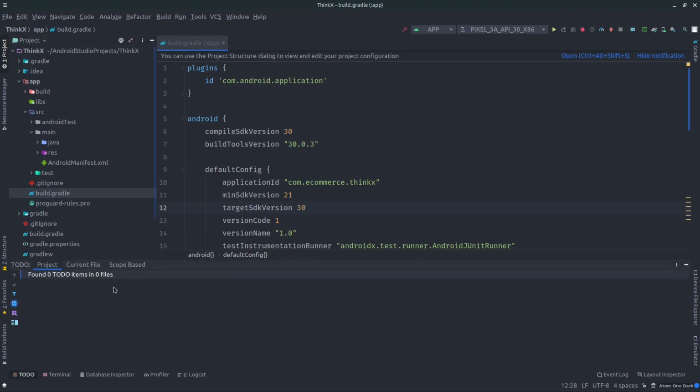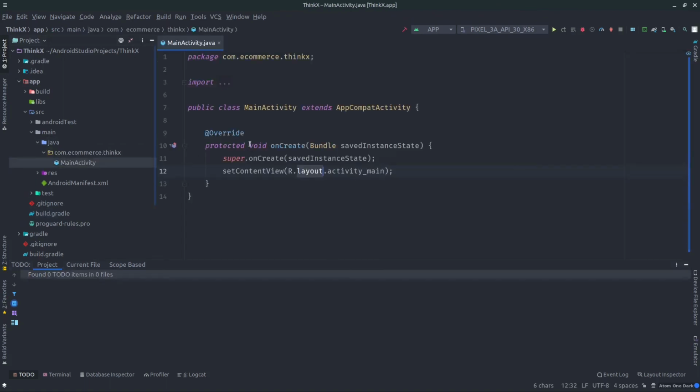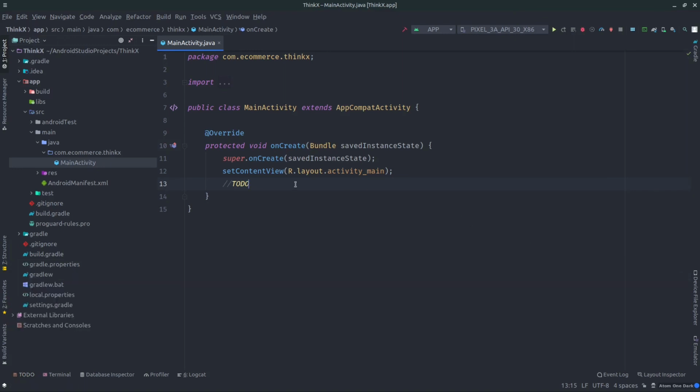Then we have TODO, right? TODO is very important, and I use it a lot of times. For example, in this Java file, you can open the main activity, and let's say I want to learn something. So how to create a TODO? You can use // and TODO, and then you can specify what you want to do, right?